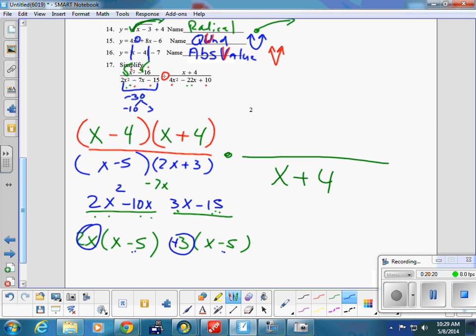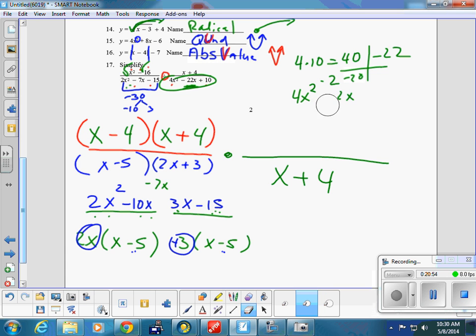Okay, now let's move over to the other side, and we're going to have 4 times 10, which is 40. That has to add up to negative 22. 40, that adds up to negative 22. Oh, 2 and 20. Silly rabbit. Negative 2, negative 20. Okay. So we're going to rewrite this problem over here. Sorry for the mess, but I'm going to rush through this. 4x squared minus, instead of 22x, we're going to write negative 2x. That's this one. And negative 20x